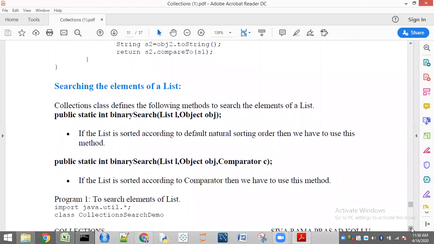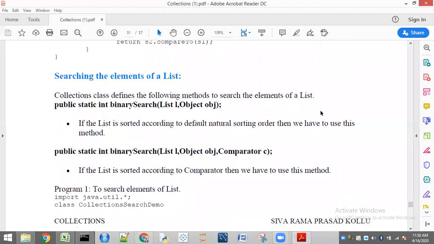We have binarySearch in our Collections class. The same thing as above: we have seen two methods. One is for default natural sorting order. The second one is for customized sorting order. Here also, whenever you search for an element by using the binary search concept, initially the elements have to be in some order. Here the sorting order is going to be default natural sorting order. Here you have passed some comparator object. That means whatever sorting order you give in the compare method in my comparator object is going to be applicable. Anyway, we are going to see the examples.